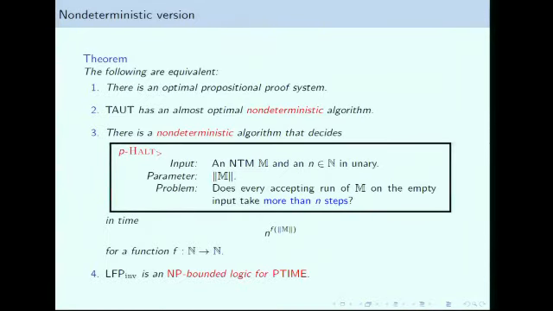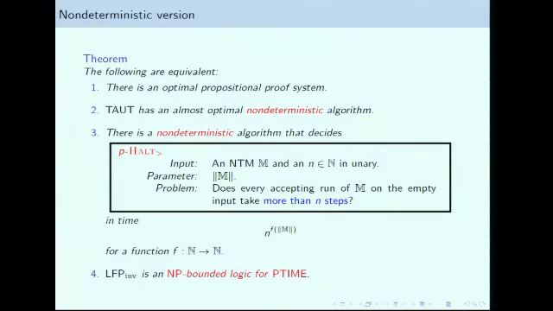Okay, now comes the last part of my talk. I want to explain how to extend this result. We are always talking about proof systems and logic for P-time. Can we do something different also? Can we generalize this to other things? The first thing I want to talk about is the non-deterministic versions of our result. I guess in proof complexity, optimal proof systems are perhaps more interesting than P-optimal proof systems.